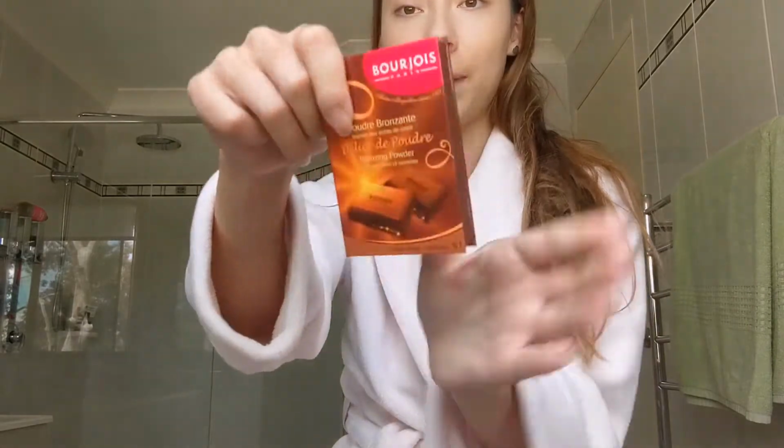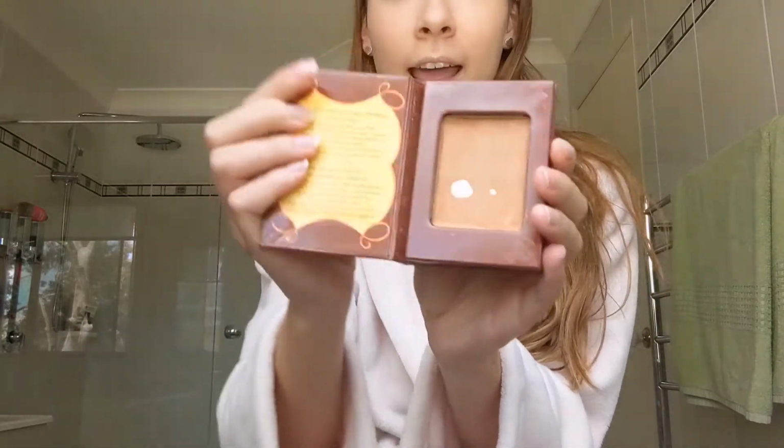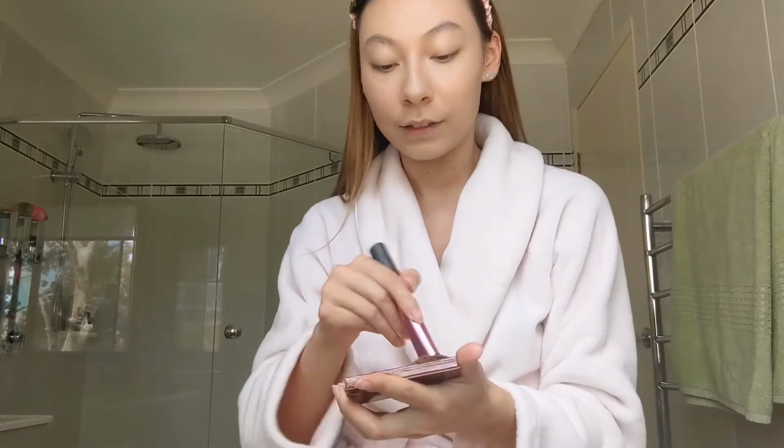Anyway, I'm just buffing the foundation in with this buffing brush from Real Techniques. Love it. I'm going to bronze my face as well. I'm going to be using this powder that you see me use every time I'm at my boyfriend's house, because it's the bronzer I keep here. It's the Bourjois chocolate bronzer, and I have a bit of pan showing through, which is fine, because I love this bronzer. Also, I haven't brushed my hair today, so it's looking really rough and ratty. That is why I am very generous with this bronzer, because it's not that much darker than my actual skin